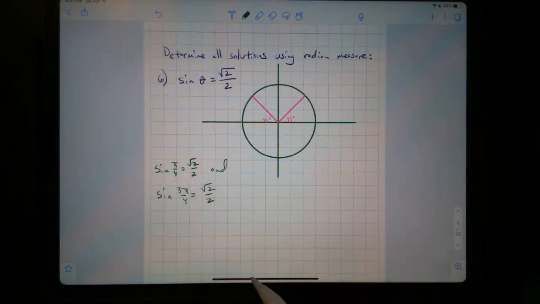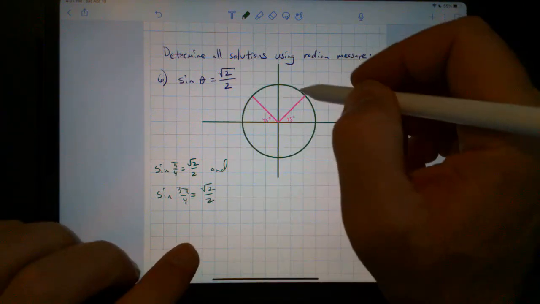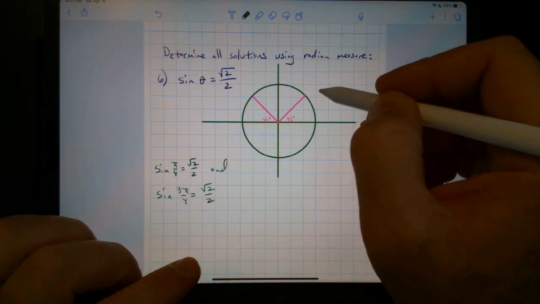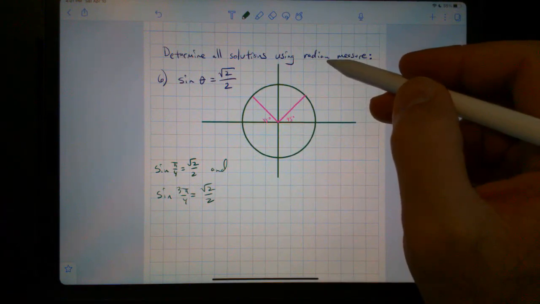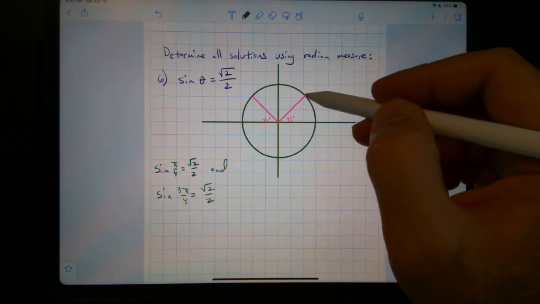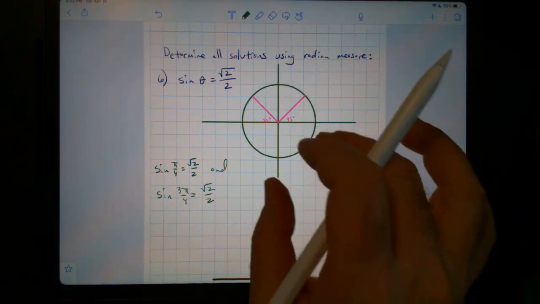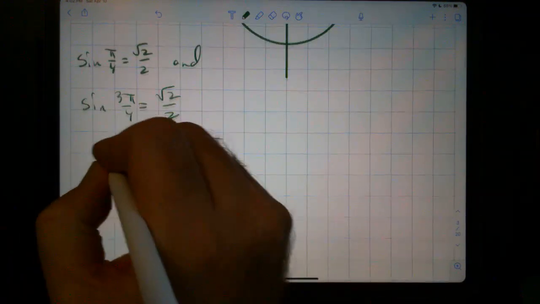Both of these are true statements. But this says all solutions. And so it's going to be this point right here plus 360 degrees, or 2 pi. So it will be this point plus 2k pi and this point plus 2k pi. So all of the solutions will be